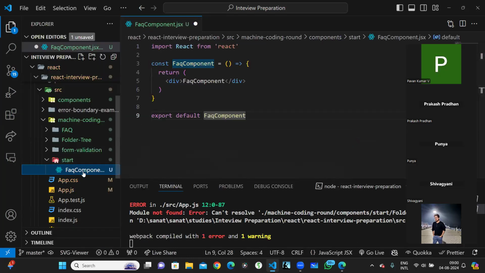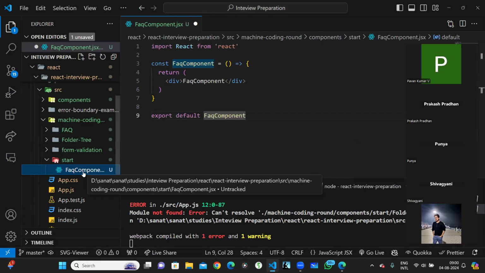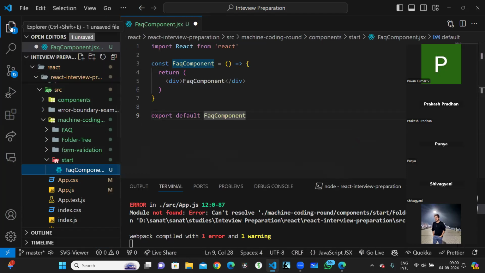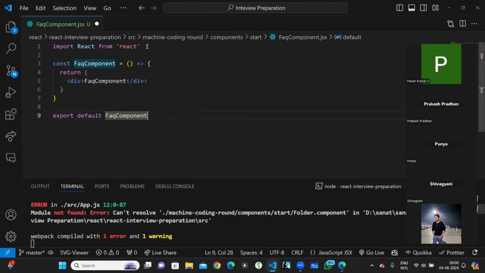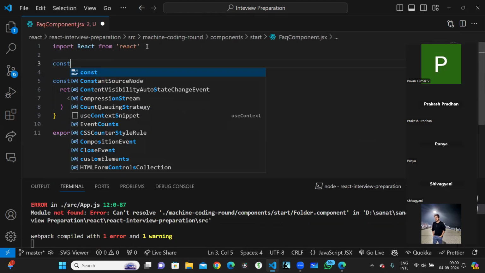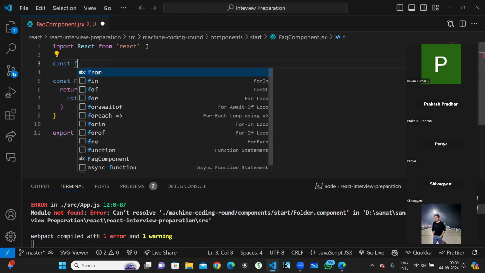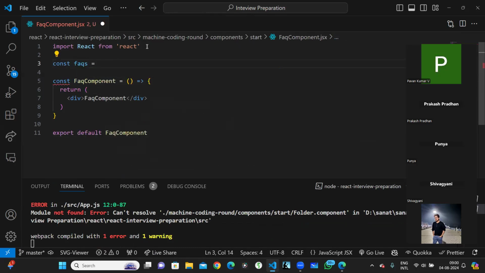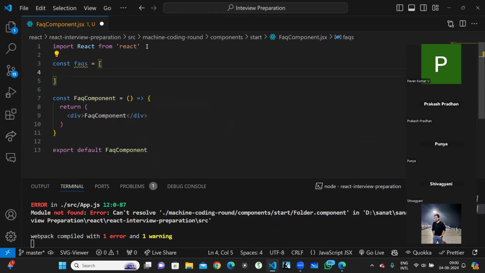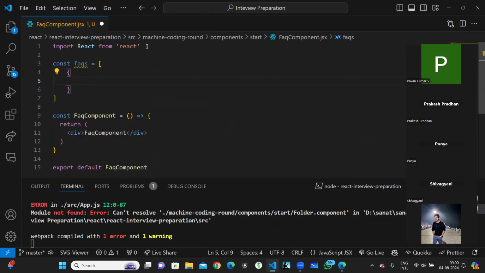Basically, we generally get the data from an API call, or if you have it in Redux, then through that also you can get it. But for the sake of simplicity, I just create a simple array over here. I just write here FAQs. So you tell me what will be the data structure over here, what will be the content over here. If I'm doing a question answer kind of FAQ, so question will be